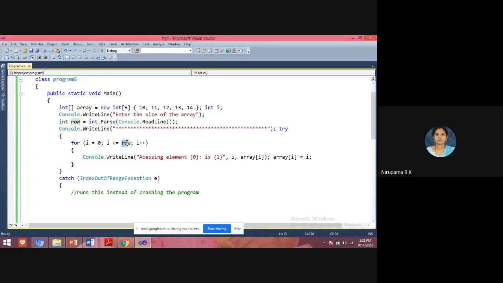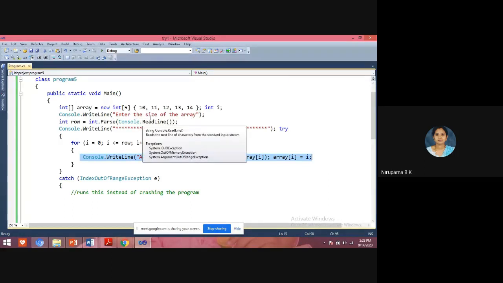If you give 3, then that 3 value will be taken here to repeat the loop, until this condition fails. That many times the loop will be repeated and it will display the statement.